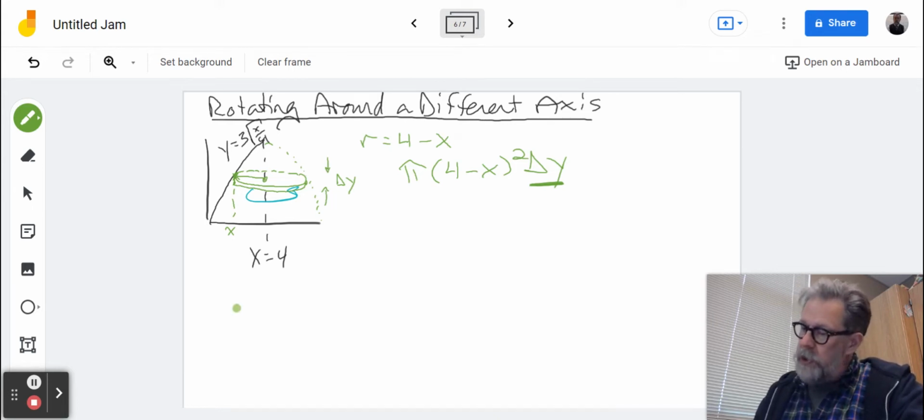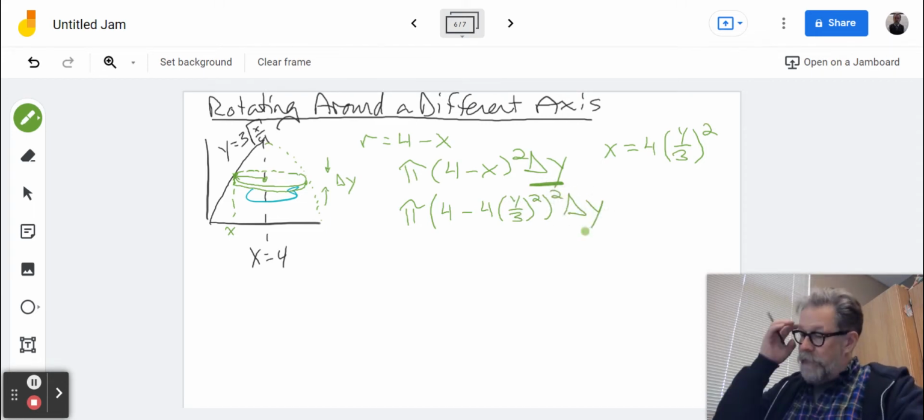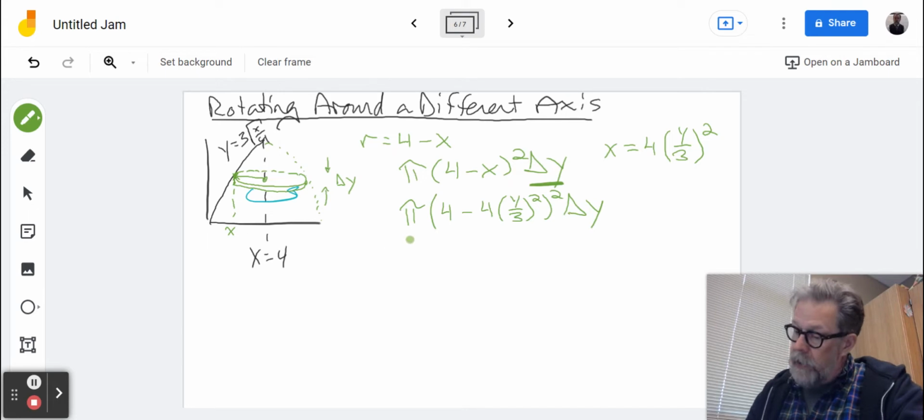So we're going to want this equation to be in terms of y. A little algebra tells us that x is equal to 4 times (y over 3) squared, which means that the volume of one disk is pi times (4 minus 4 times (y over 3) squared) all squared delta y. Couple things we could do to make this simpler, just looking ahead. We see that this is 4 times (1 minus (y over 3) squared)